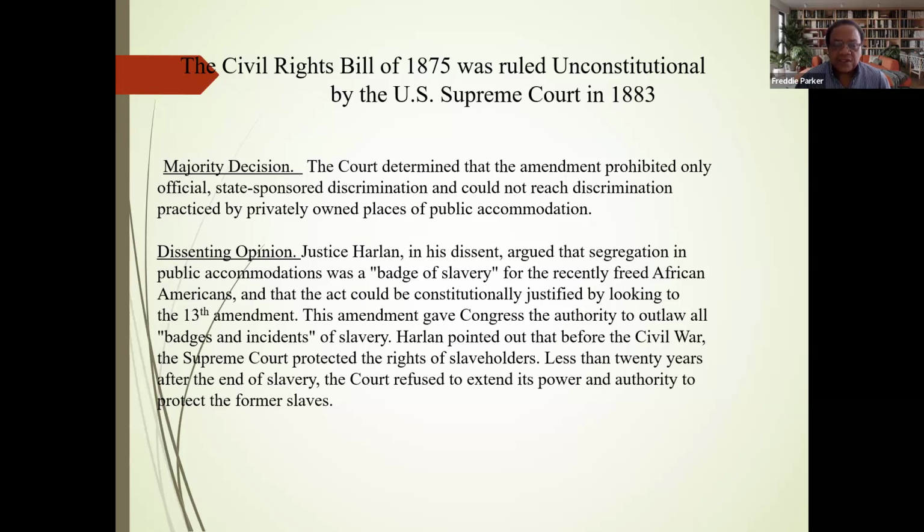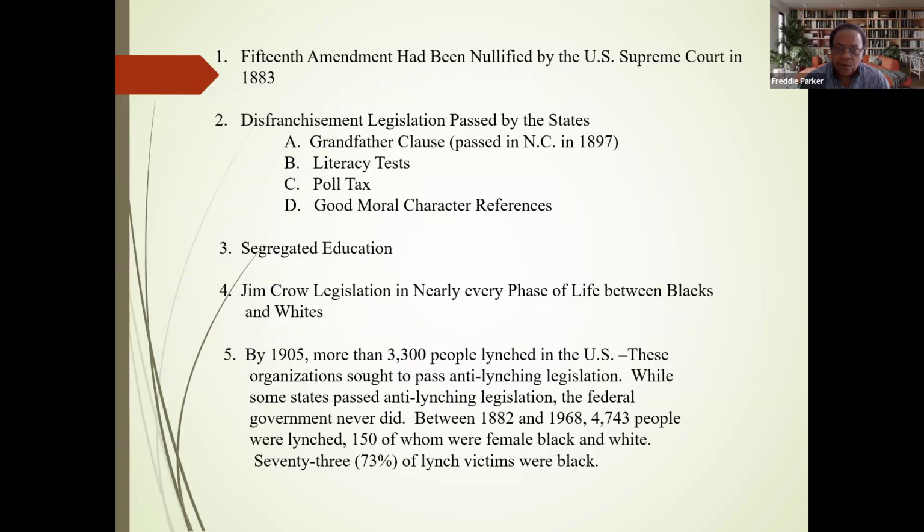The amendment gave Congress the authority to outlaw all badges and incidents of slavery. Harlan pointed out that before the Civil War, the Supreme Court protected the rights of slaveholders. In less than 20 years after the end of slavery, the court, here in 1883, refused to extend its power and authority to protect the former slaves. And actually, in that session of the U.S. Supreme Court in 1883, not only did they nullify aspects of the 14th Amendment, they also ruled essentially that the